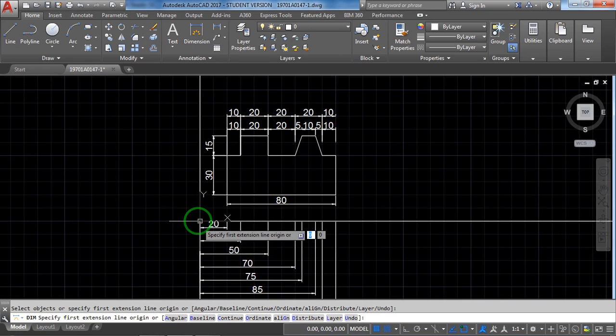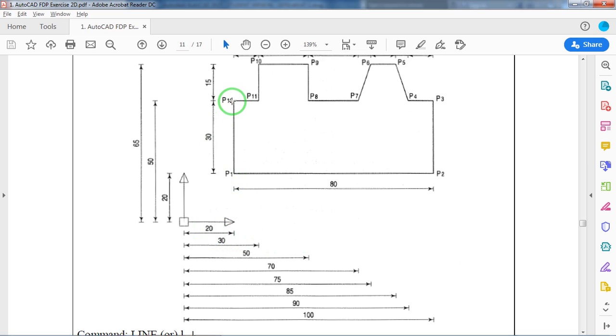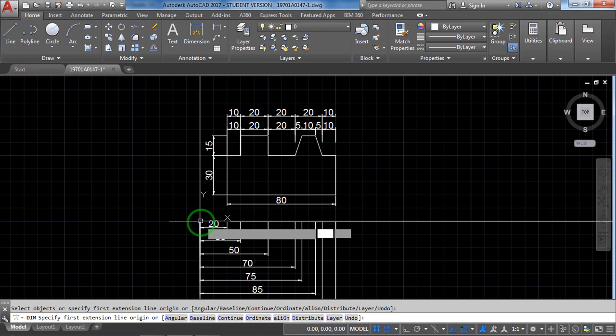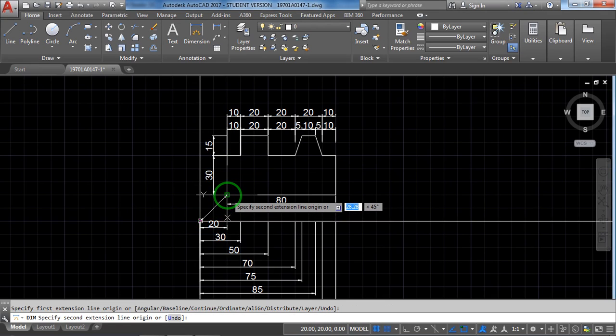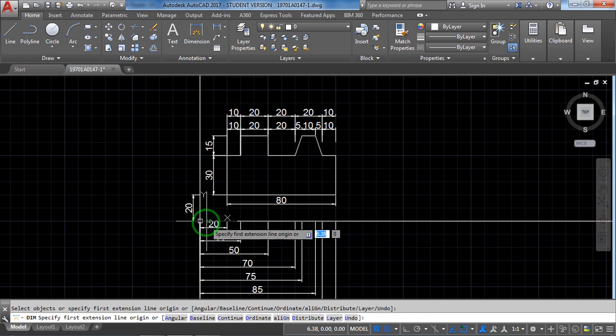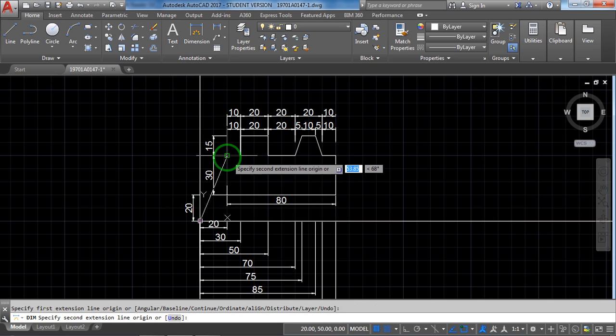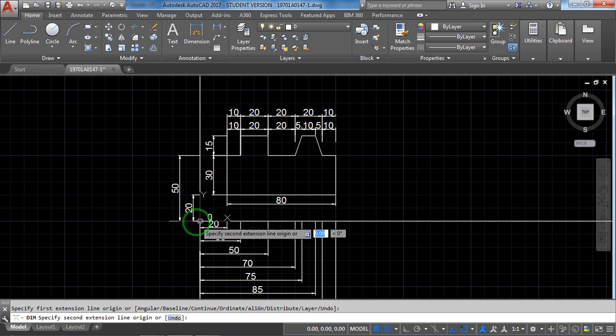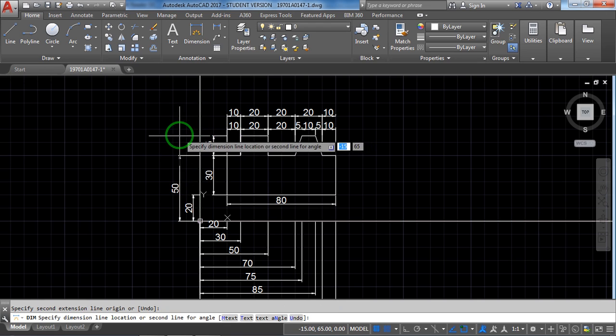Now here also the same, left side, starting point. Left side only 3: 20, 50, 65. Starting point, ending point. But don't select it, just put it, track it, 20. Next, I'm not typing dimension again, we are already in it. First point, second point, track it, 50. Select there. 50. Next, first point. Third, almost all the height up. 70. Select it.